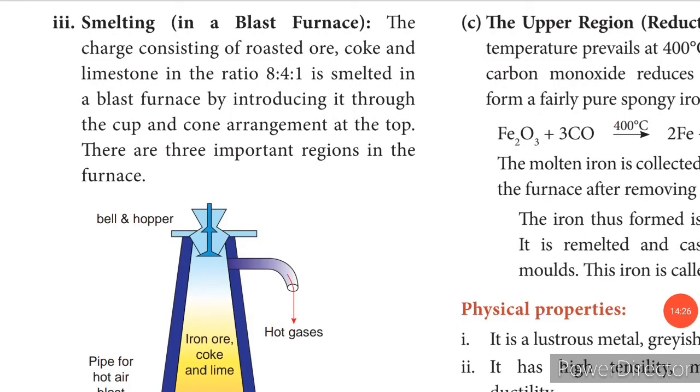So with that, we have come to the end of this lesson, periodic classification of elements, children. Now in this lesson, the important part is the extraction of iron, copper and aluminum. Often these questions are asked in the question paper, especially in the 7 marks question. The smelting process in the blast furnace mostly appears in many of the question papers. So see to it that you are thorough with these questions, especially the smelting process in the blast furnace and the reactions that come under the 3 regions, that is upper region, middle region and lower region.